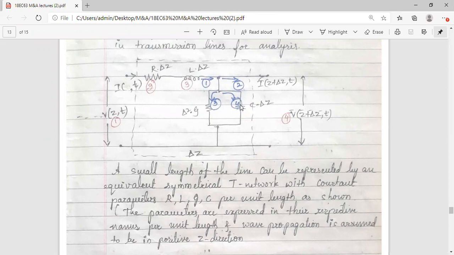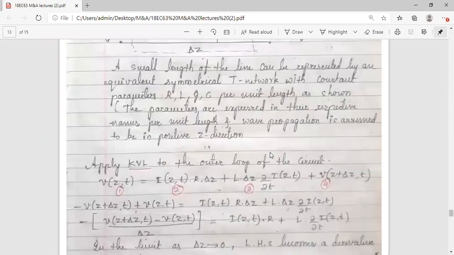Now for capacitance, number 4, let's see what is the value of the current. You know, even for capacitance, it is C into dV by dt. So C into dV by dt. Again, the voltage I have not taken simply as V of Z comma T. It is Z plus delta Z, because parallel voltage remains same. Okay. Now again, some readjustments I will do.